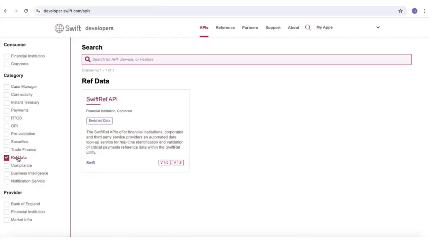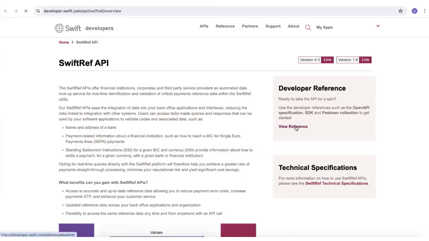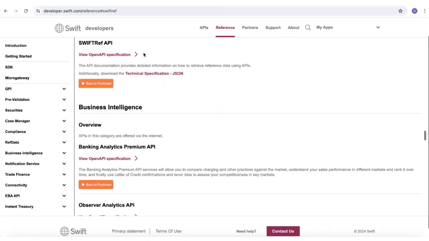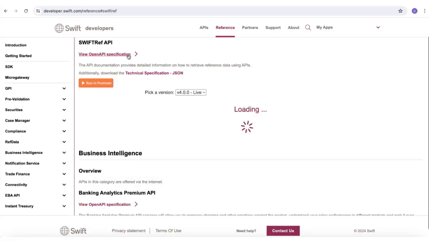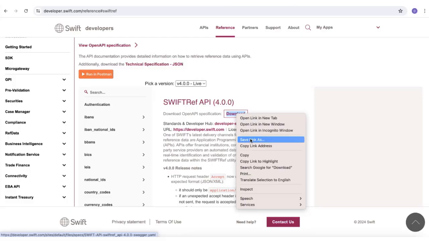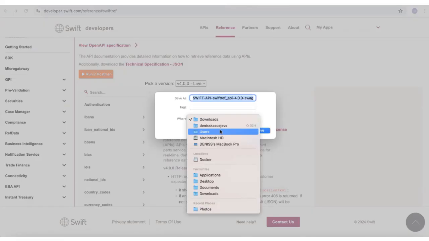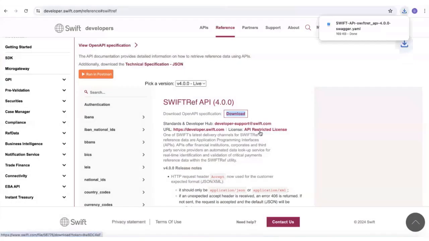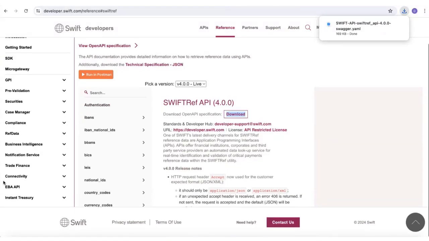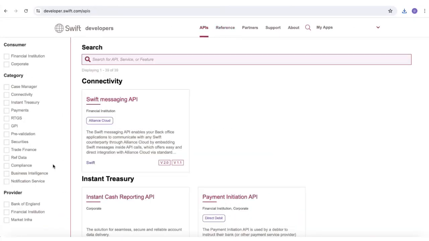As an example, I will take the reference data API, the SwiftRef API. So an important element of the SwiftRef API is the OpenAPI specification. I'm going to download the OpenAPI specification to the desktop. Okay, save. And then for my test with Swift Swagger Editor, I'm planning to take the Swift messaging API specification, which